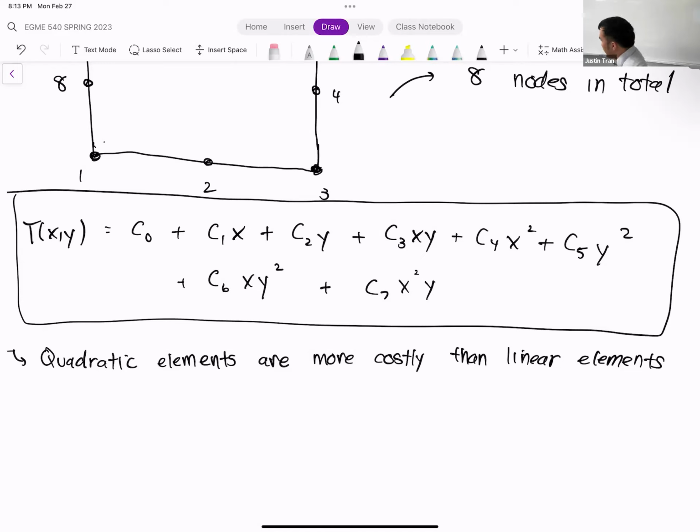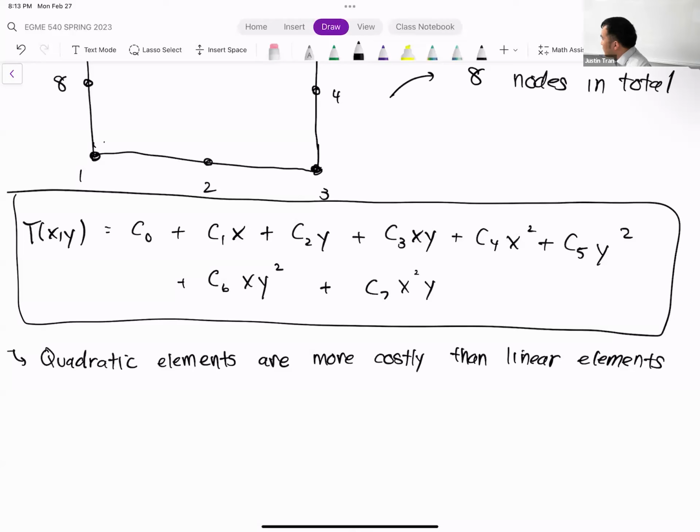In my personal opinion, generally, I would prefer to use quadratic elements just because they are a lot more robust. And ANSYS actually makes it really easy. It's literally just a flip of the switch, whether you do linear or quadratic. That's not necessarily the case in a lot of other software. So because of how easy ANSYS makes it, I would say most times,